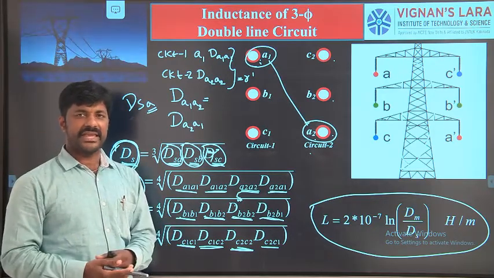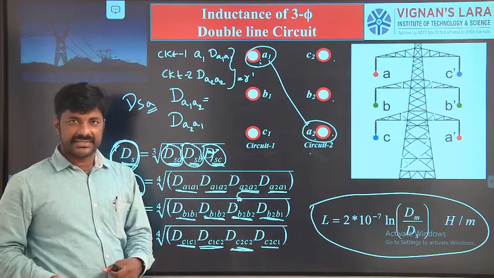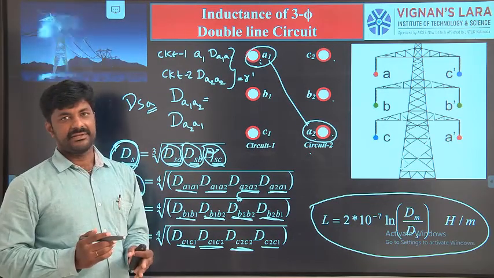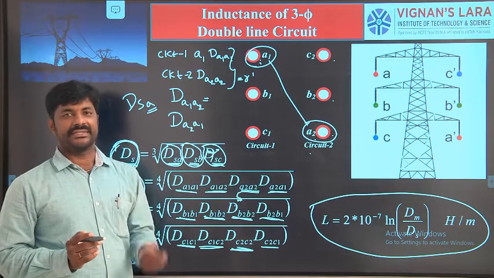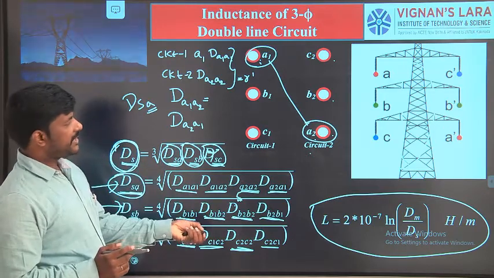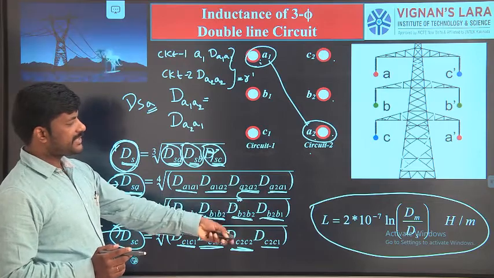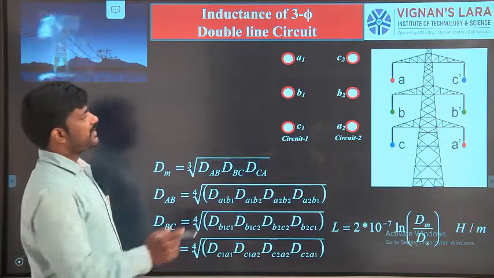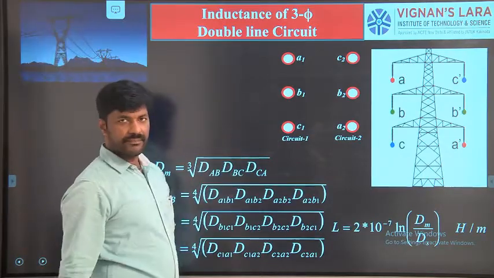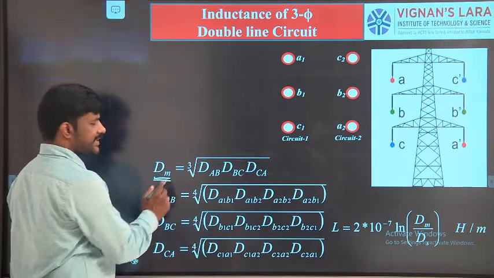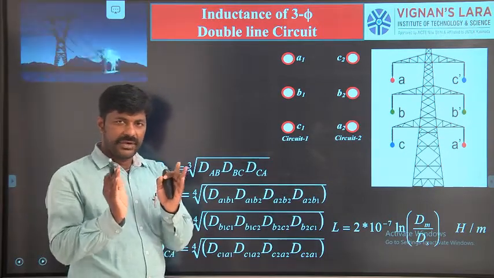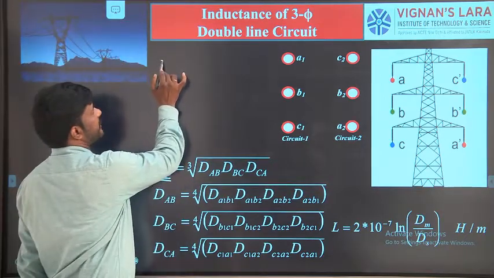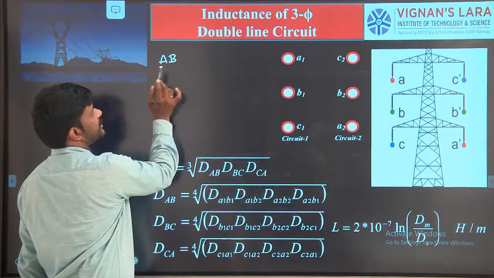The names themselves are saying: self means similar phases. Next, mutual GMD, mutual between 2 different phases with a combination of minimum of 2 conductors. Okay. So now let us see what is mutual distance. The mutual distance is now, it's a 3-phase double line circuit, what I have shown you previously. The mutual distance Dm is equal to, as I told you, mutual means between the 2 different phases, possible distances. What are the 2 different possible distances or possible combinations of the conductors?